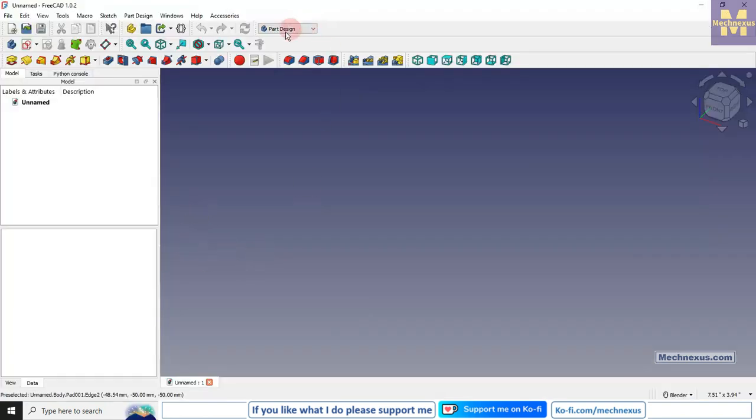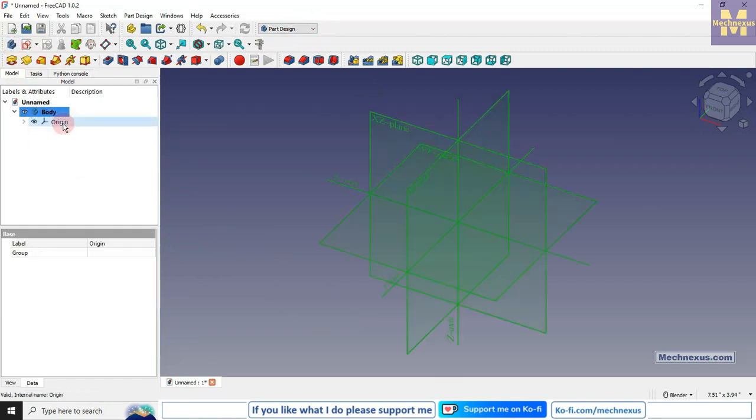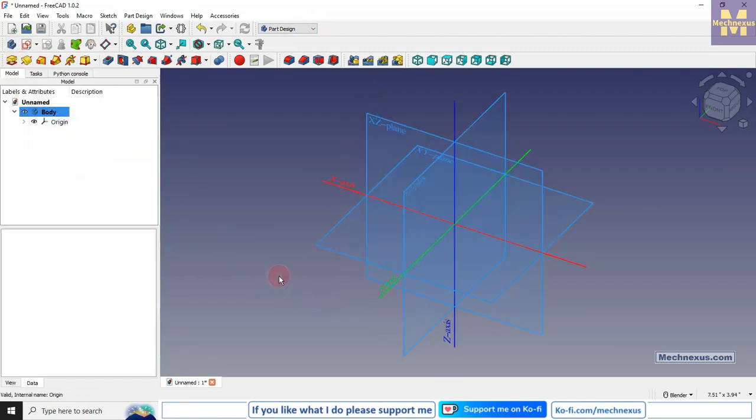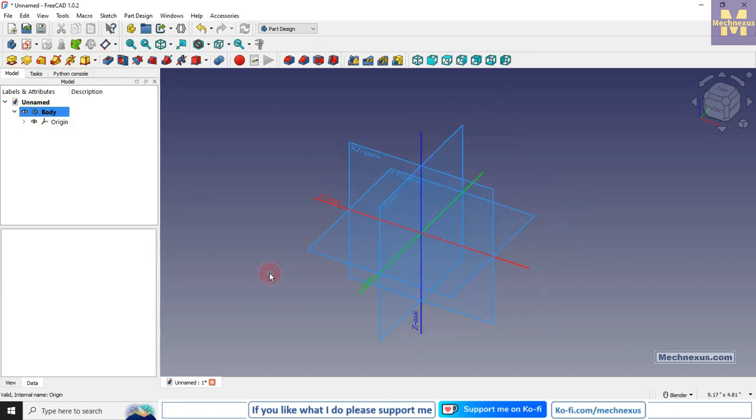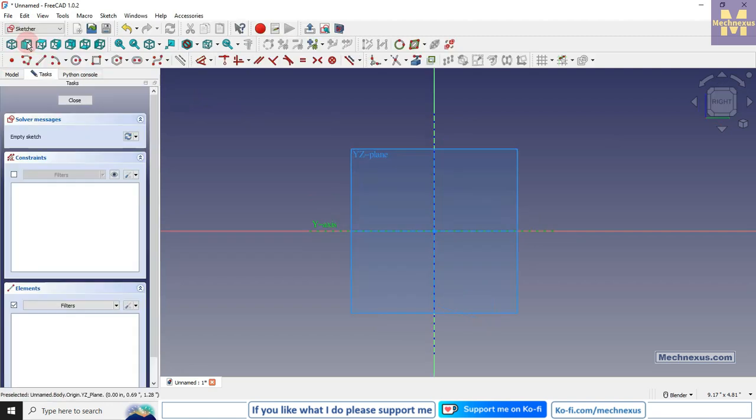So here I have activated the Part Design workbench, and I will insert my body, and I will turn on my origin plane. We are going to use a very simple example of a cube to understand the Map Sketch. So I will select this right plane and click on the sketch,